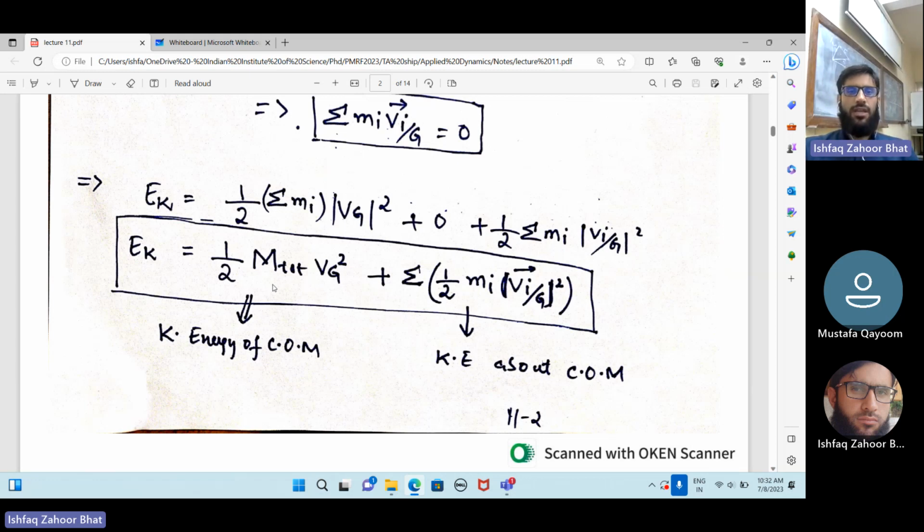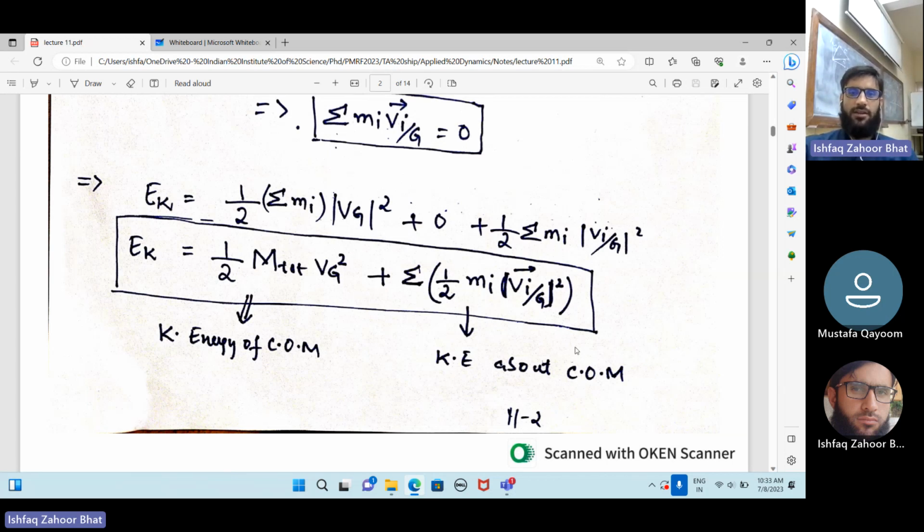So we can have a system which is not moving, that is, its center of mass doesn't move. Still, it will have kinetic energy, maybe due to randomness. Assume that we have a gas, and the gas particles are colliding with each other. They are repelling out, but the gas is inside the container, so we can say its center of mass does not move because it is confined to that container only. So we can say that this term is zero because